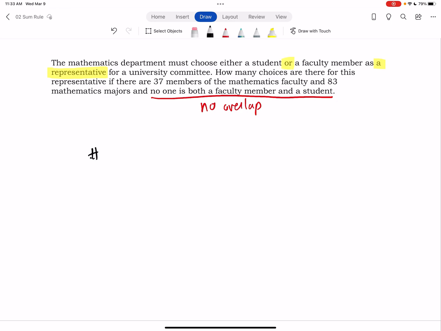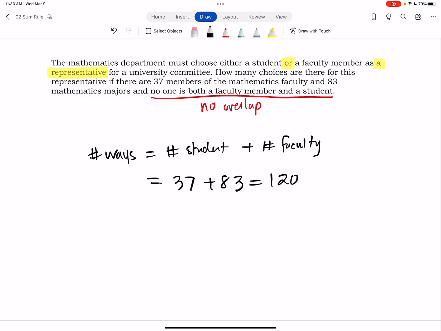So the number of ways is going to be the number of ways to pick a student plus the number of ways to pick a faculty. So 37 plus 83, 120 ways. So they have 120 different choices in who they appoint. Now this is a really simplified example of how we use the sum rule. I want to do one where you have to think a little bit more about what the number of ways